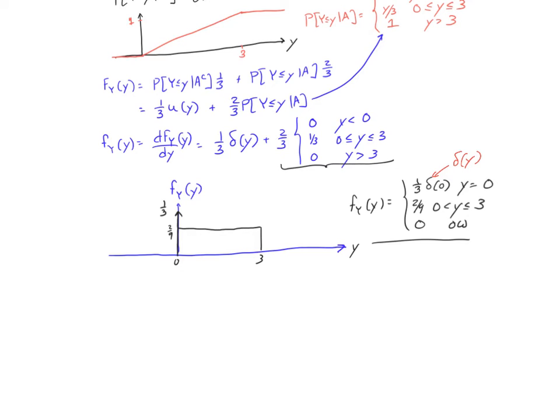There's one more step to do in this problem, and that's to calculate the expected value. And we know the formula. It's the integral of the PDF weighted by y, integrated over all y. Now the way to think of this is that we have really two separate integrals to do here. We have one which is y times 1/3 delta of y dy